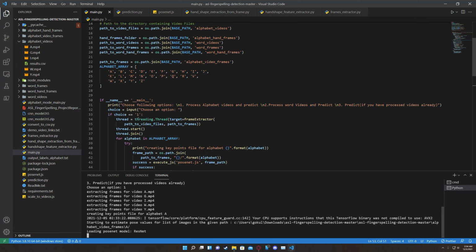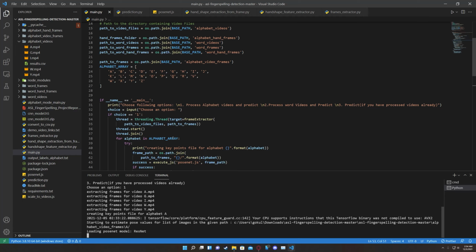We selected choice 1, which is the alphabets. Let's explain the process behind each alphabet detection and execution. Go through the alphabet array. After that, it goes to the frame extractor, which uses OpenCV, which is nothing but capturing frames from the videos, and it returns single or multiple images.